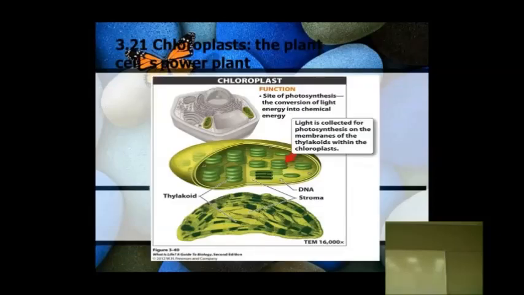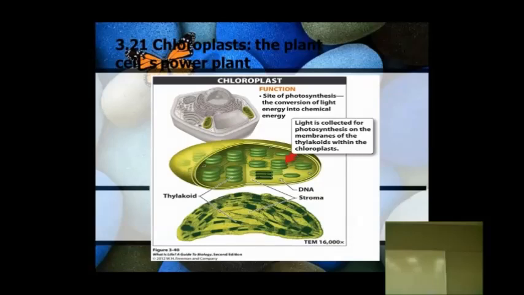So then another organelle that we talk about when we talk about plants is the chloroplast. Chloroplast is what you all imagine is the green part of plant cells. This is the place where all the photosynthesis is taking place, and basically they look like big green chocolate chip cookies. They have all of these thylakoids on the inside, and the thylakoids are like little stacks of cookies, and that's where all of the photosynthesis